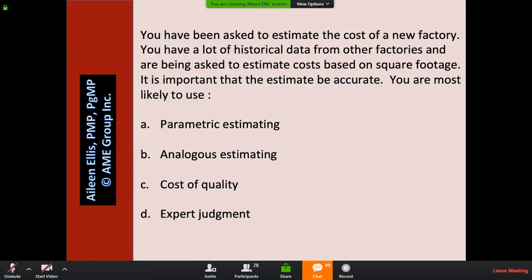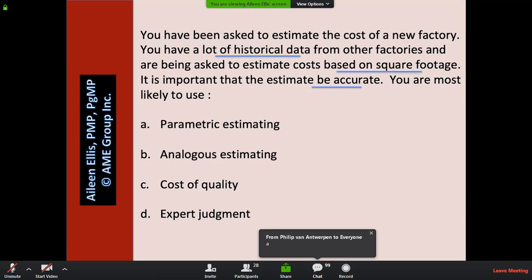You have been asked to estimate the cost of a new factory. You have a lot of historical data from other factories and are being asked to estimate based on square footage. It's important that the estimate be accurate. You are most likely to use